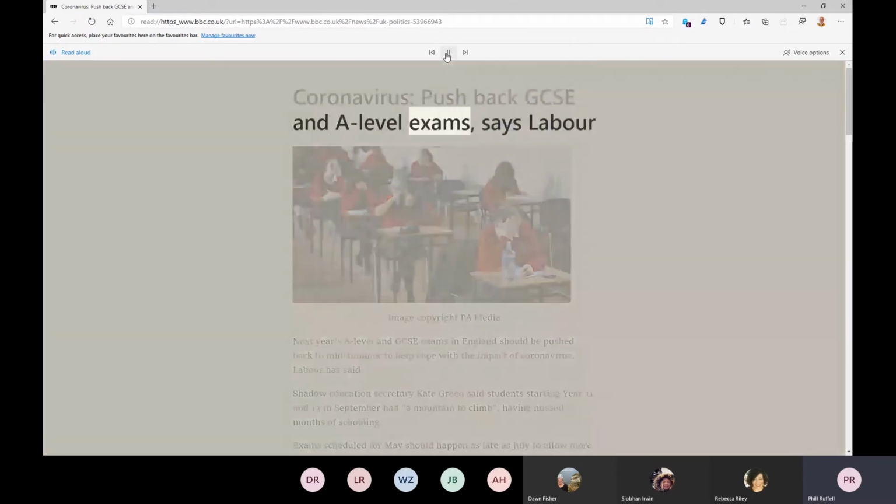GCSE and A-level exams, says Labour. So if you can't Image hear the copyright audio, PA you'll Media. see on screen that words are being Next year's highlighted. A-level and These are the GCSE words exams in that England should be are pushed back to being midsummer to help cope with the read impact of back coronavirus, from the, Labour has said. from the page. Shadow Education Secretary Kate Green said students starting year 11 and 13 in September had a mountain